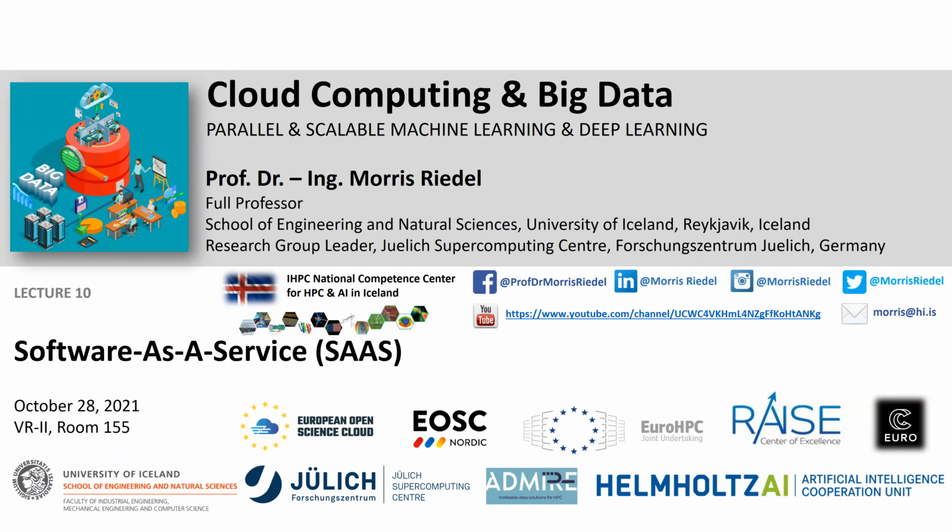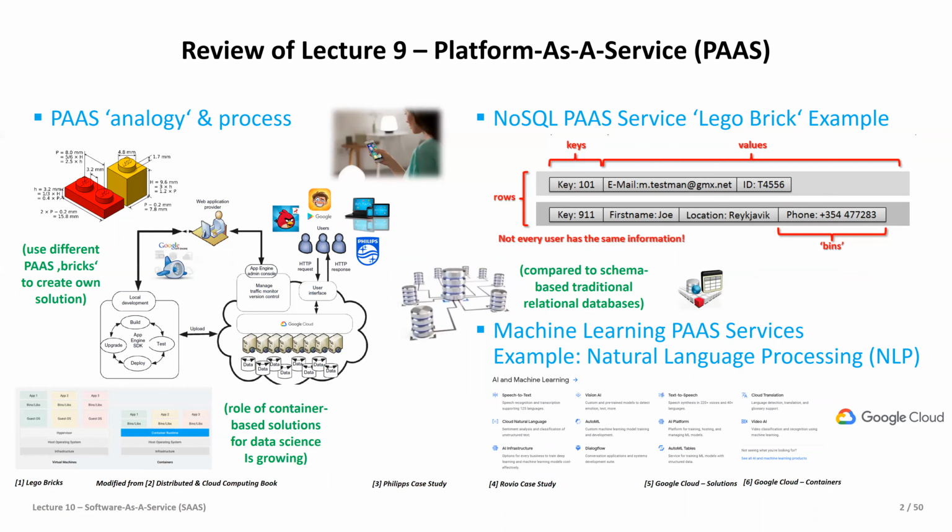And we will see that when we review shortly what we had the last time, when we talked largely about lots of different Lego bricks. The idea was that you have them in many different colors and many different forms. In other words, you have a queuing service for tasks that have to be executed on computing. You have a billing service for swiping the credit card in your SaaS solution, and you put this as a PaaS module in your solution. Over this software development lifecycle of bringing more Lego bricks into your application, you create a so-called SaaS experience based on PaaS building blocks, which are these Lego bricks.